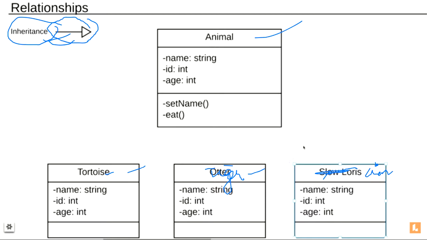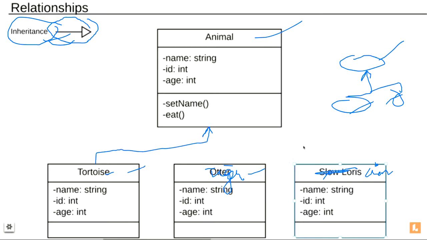So how will you write it? Use case में कैसे करते थे? If suppose this is one use case and this is another child use case, you used to represent it like this. That this is the parent class, these two are the child classes. Again, you will follow the same representation: animal is the parent class, and the rest three are the child classes.